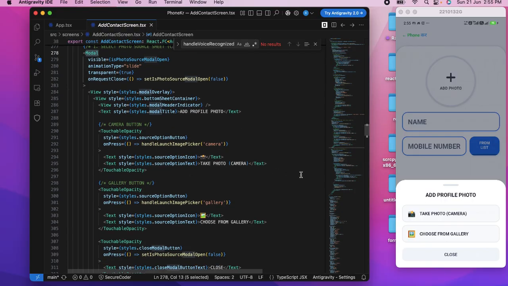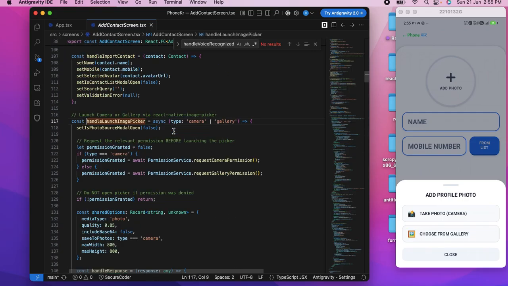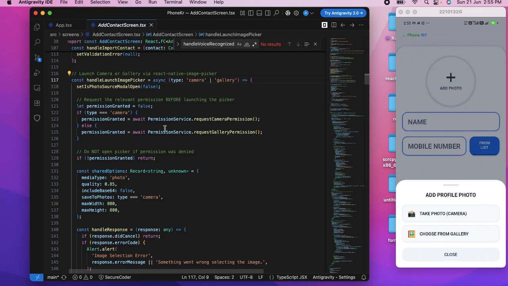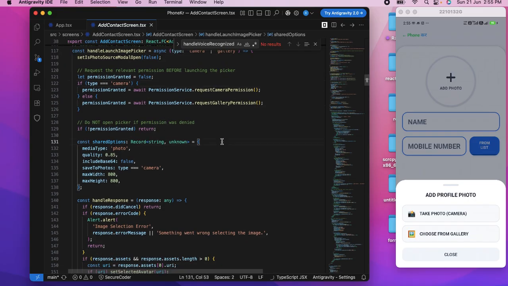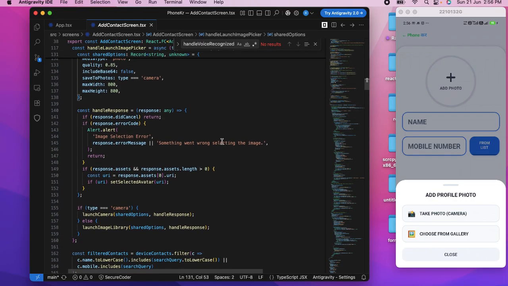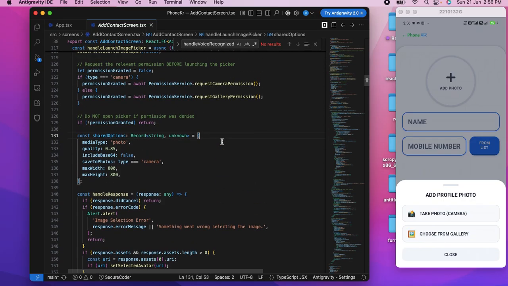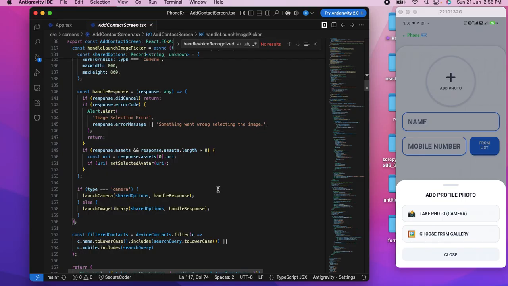And now when the user clicks on take photo or launch gallery, we are calling a function. First we need to ask for permission, whether we have camera permission or not, and photo permission or not. If we have the camera and photo permission, then we are opening the camera, and then we are opening the gallery, and it will select the data, and then we are showing it in the app. Okay, so I hope you are getting this. So this is the whole code here we have.